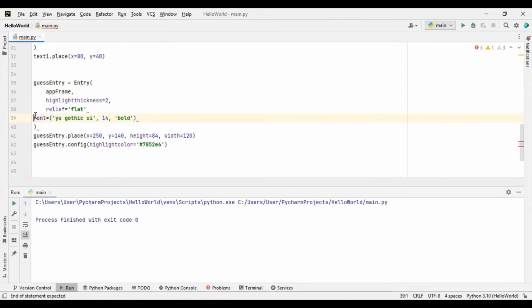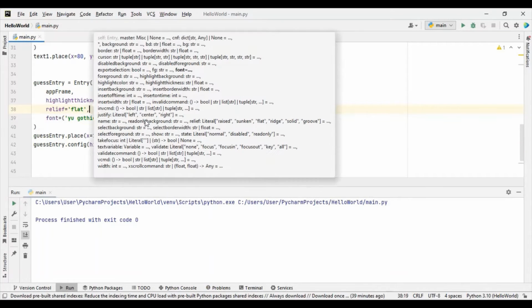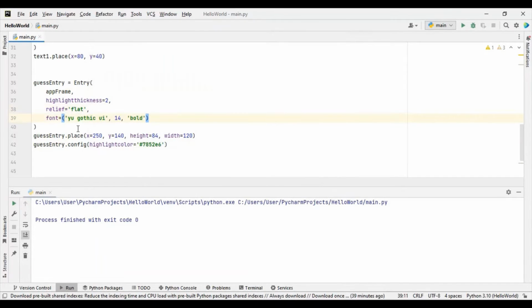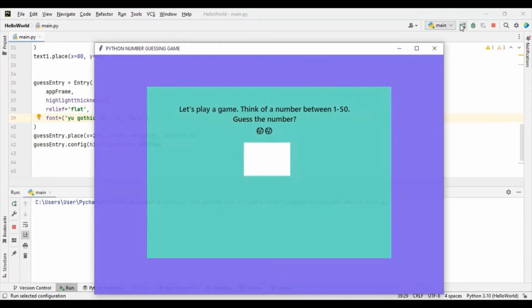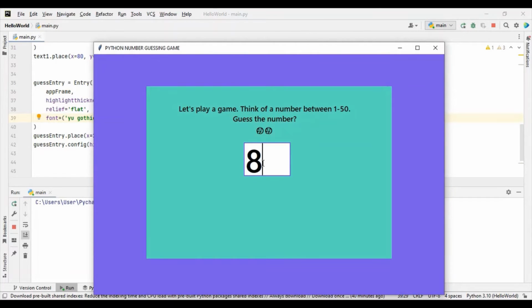Okay, let's bring some comma here and put some. So we change the font size to be 60 because basically we want the text to be very big inside the entry. We want it to be big, so we are changing to 60. So let's just launch it now. So you can see the text become much bigger now, which is what you wanted. So now we have our entry now